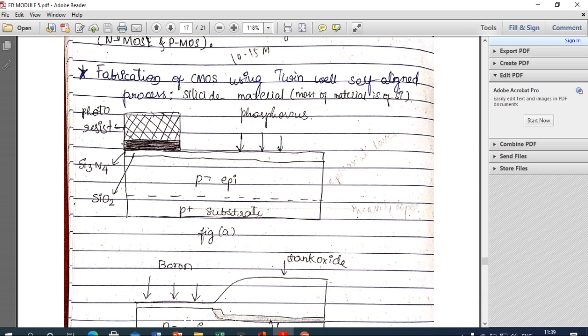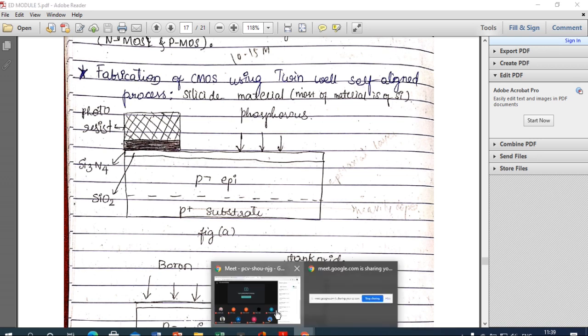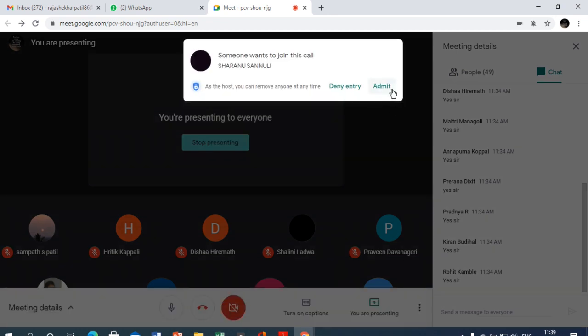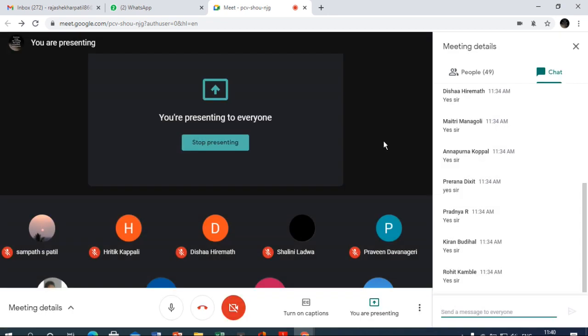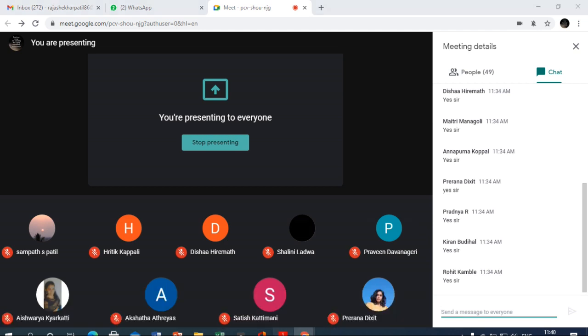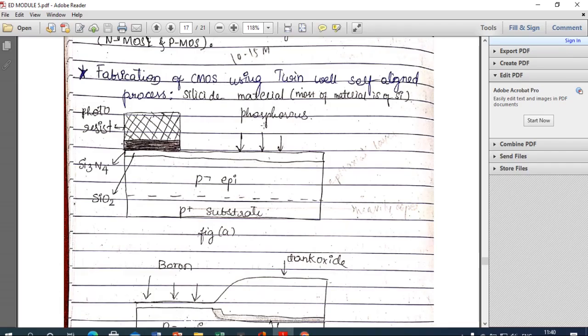This is a process used to implement a CMOS structure with respect to fabrication. Here fabrication is nothing but the manufacturing of PMOS and NMOS transistors. So now I will start with that.